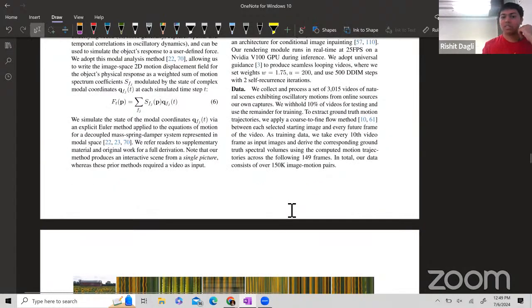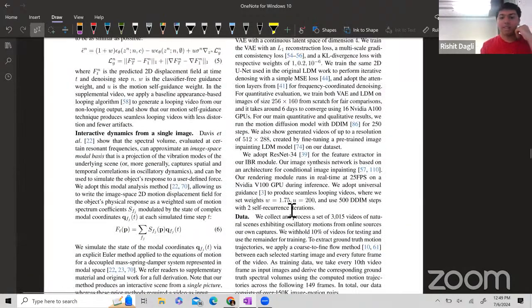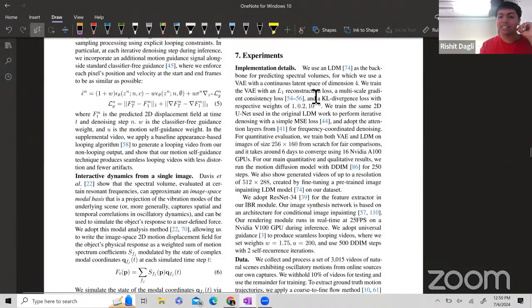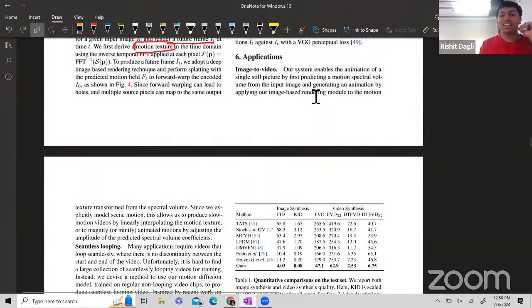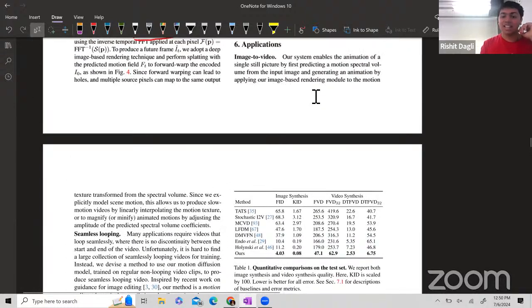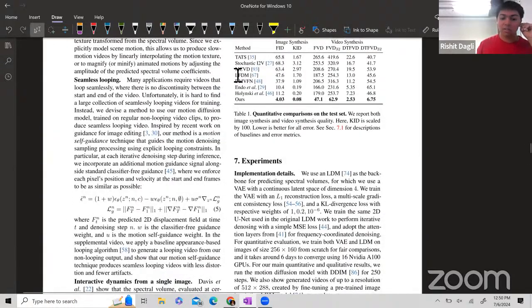So that's pretty much their method. They talk a bit about implementation details, but there's no need to go through them. They talk about a few applications. The first is, of course, image to video, which is quite standard because that's exactly what all of the figures show.